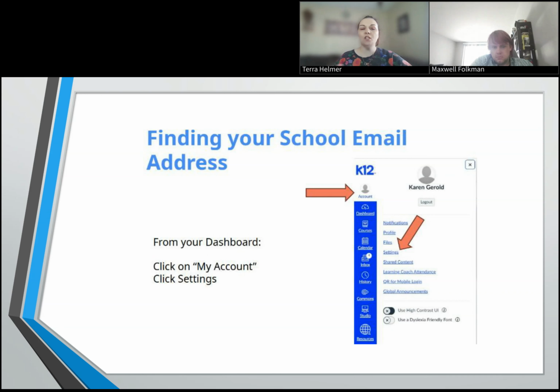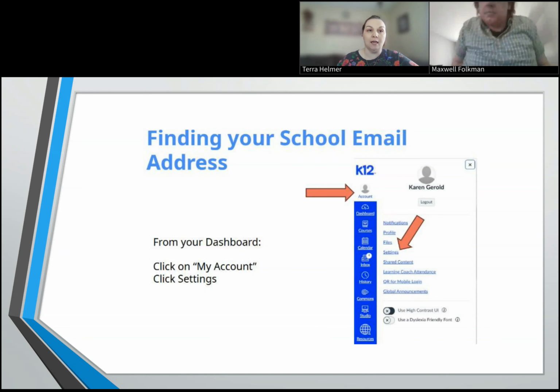So the next thing we're going to do is find your school email address. The reason for that is that you need to know what it is, because you have to sign into the Office apps using your school email address, because we pay for the key code that you need that authorizes it. So to do that, from the landing navigation page, not your launch pad, the landing navigation page, you want